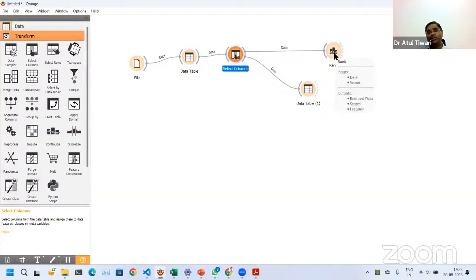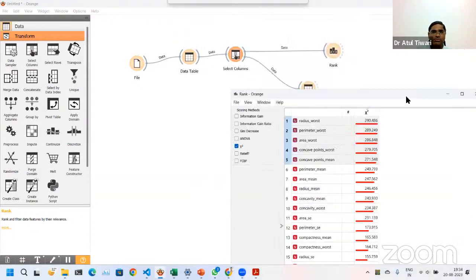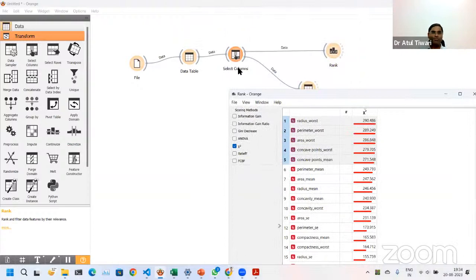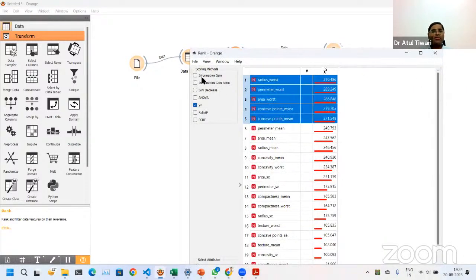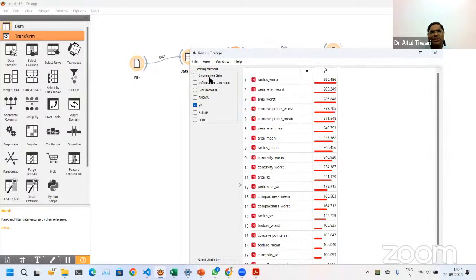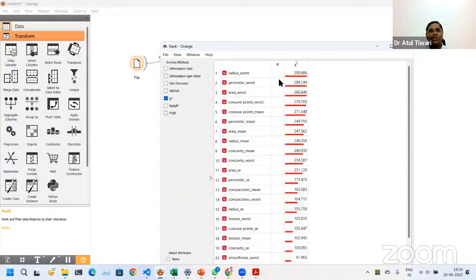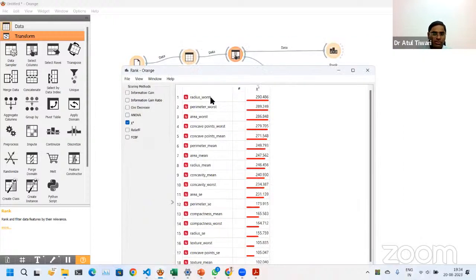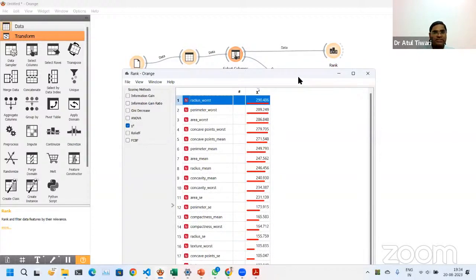Before that, I was demonstrating the rank feature. If I click on rank feature now, as you can see, so far we have not created any model. In rank feature, there are multiple scoring methods available. These are statistically validated methods. By default, right now I have selected chi-square. So if I use this feature, it will use the values given in the data set and arrange all the columns statistically, showing which one is the most important. For example, according to the chi-square algorithm, the radius worst is the most important feature for this data set to